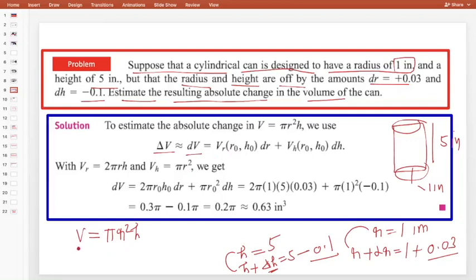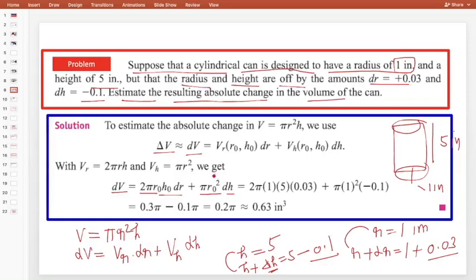First we differentiate this function: dV is equal to, first we change this with respect to r, so partial V by partial r into dr, plus the second variable is h, so partial V with respect to h into dh, right? So the same formula we can use. Now you differentiate this function. With respect to r it becomes 2 pi r. They have given r naught in place of r, no issue, 2 pi r. What is the differentiation of r square? 2 pi r into h into dr, right? Plus the second function, with respect to h it becomes 1, so pi r square into dh, right?